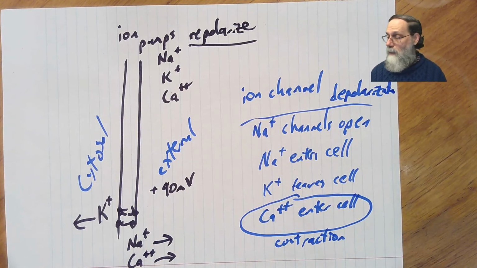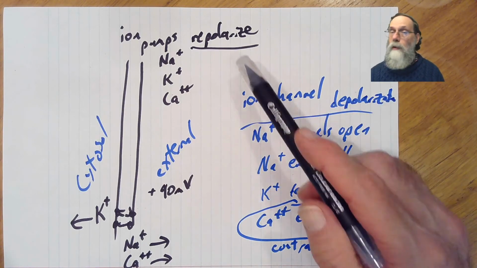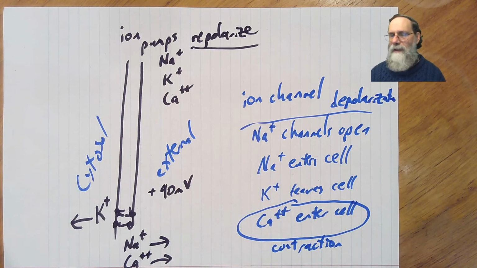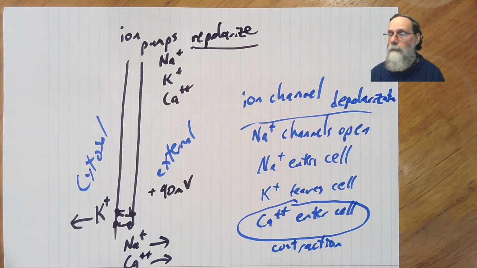The depolarization is very fast, on the order of a millisecond or so. The repolarization is quite slow, and it may take half a second, sometimes even longer, to repolarize the cell. So the combination of these two things is what gives you a contraction and release in the muscle cells. And we'll be looking at how this charge change results in a signal that we can actually see from entirely outside the cell.